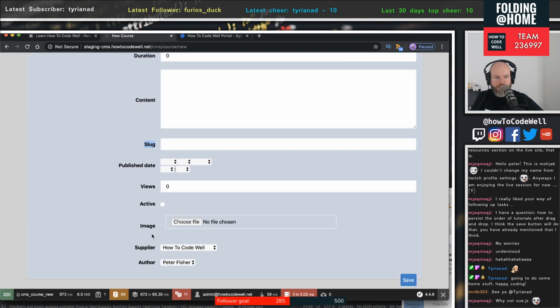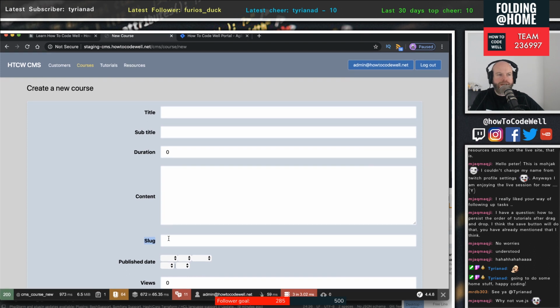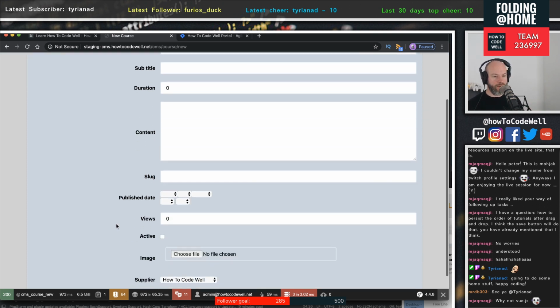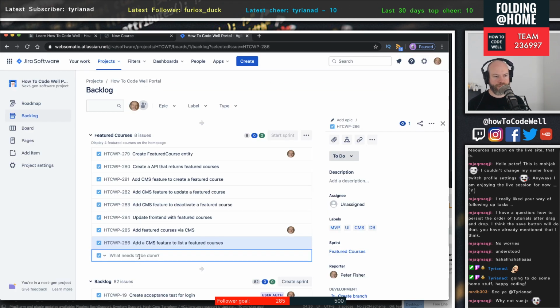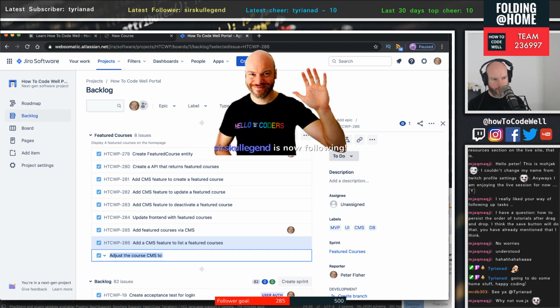But we need to have an external URL. Because if I'm thinking about it, for Docker in Motion, it would be nice to have a page about Docker in Motion. Therefore, you would have a slug, but then you would need to have an external URL to push that off. So yeah, I'm going to need to adjust the course CMS to, or add even